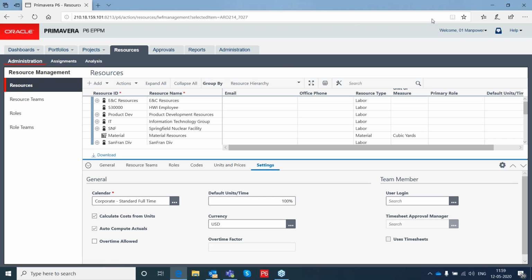At the project preference level, let me show you that also. Not here, projects.